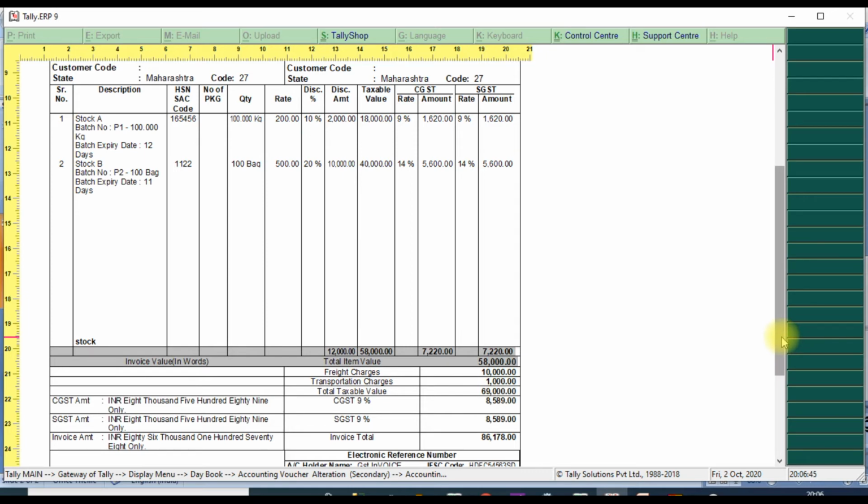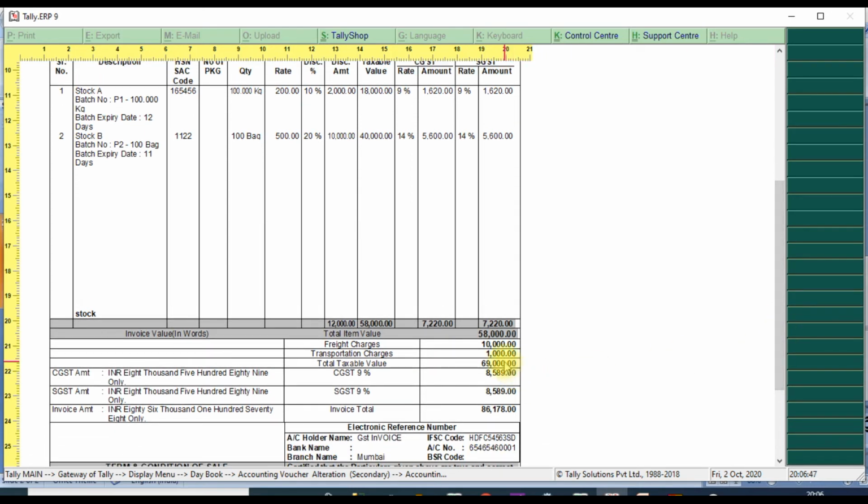Then the total value will come, the final total. Then it will calculate CGST and SGST amount, the total amount it will show here. Then finally the invoice total taxable value is 69,000 including CGST and SGST value. The final invoice total it will show here,